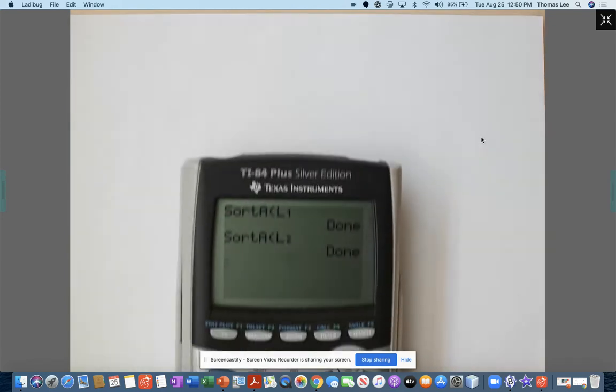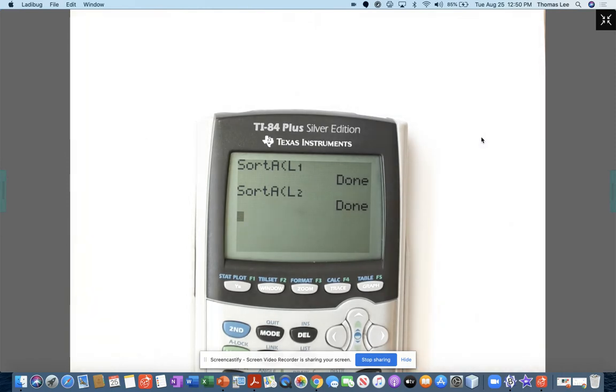So I created a couple lists of data, and these were lists from one of the homework problems that had to do with hot dogs, and there's three different types of hot dogs. There's beef, meat hot dogs, and poultry hot dogs. Specifically, they wanted to compare the calorie content of the different types of hot dogs, and they also wanted to compare the sodium content. So you end up creating six lists, comparing three box plots for calories, comparing three box plots for sodium. But instead of doing all six of those lists, just to make this video a little bit shorter and easier,